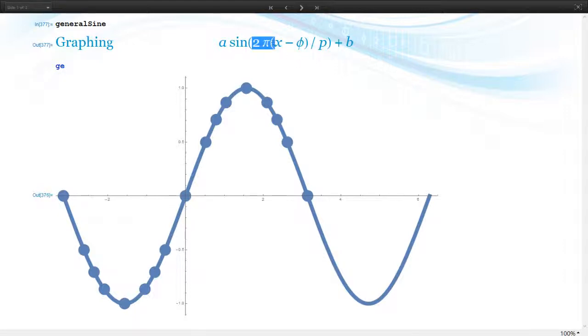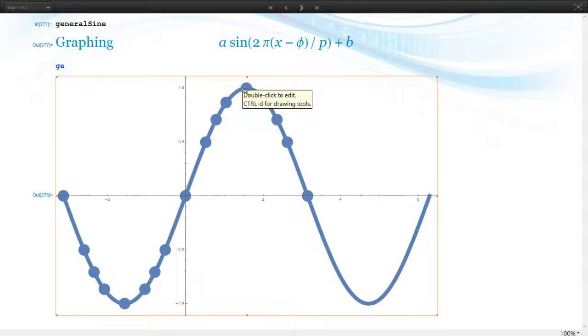Now, we've added a 2 pi in here, and we've decided to divide by p instead of multiply by our constant inside, because this gives us a very concrete geometric meaning for each of these variables. Phi and b are going to be the same as usual. It's shifted b units up or shifted phi units right, but a is going to be called the amplitude, and